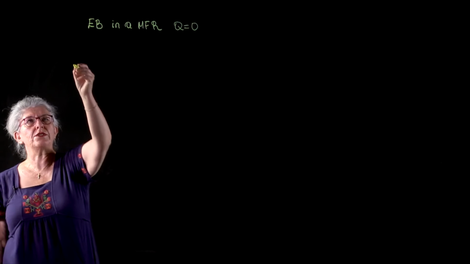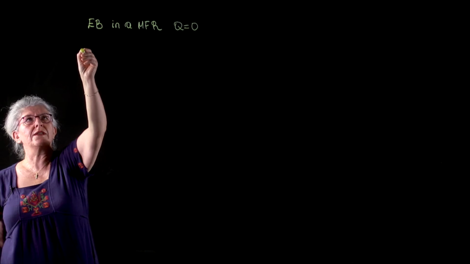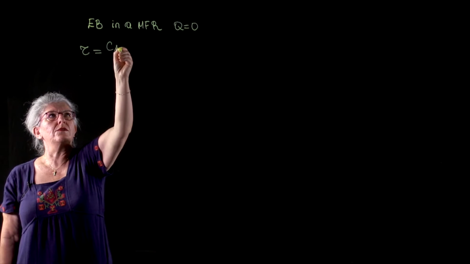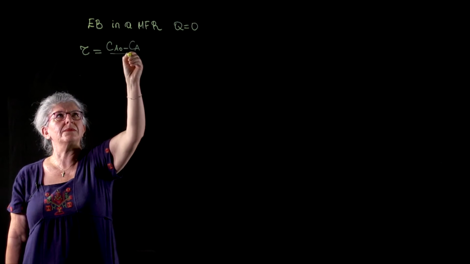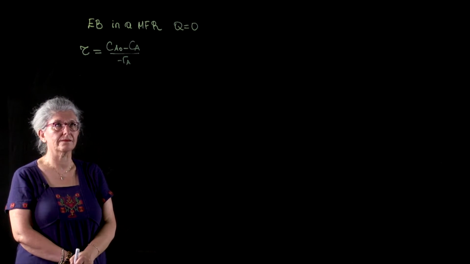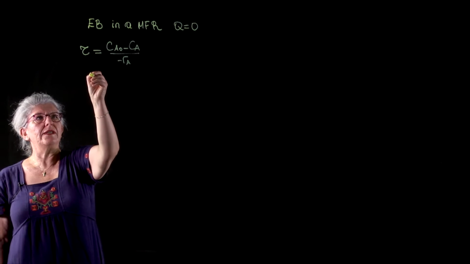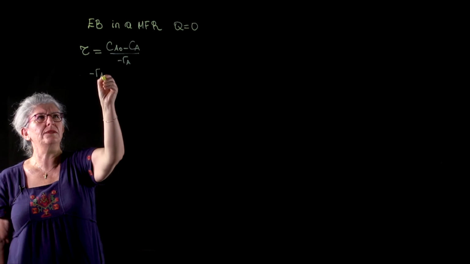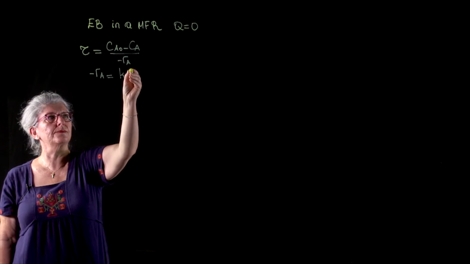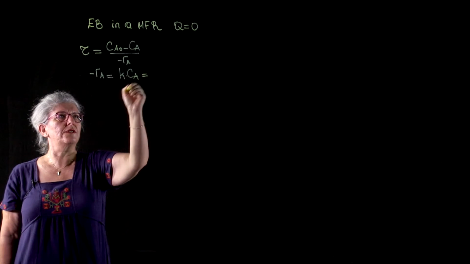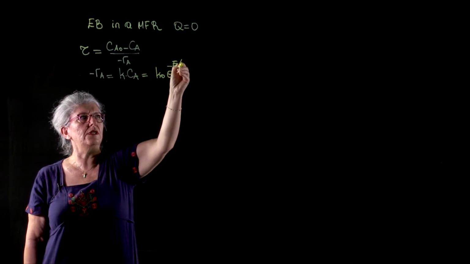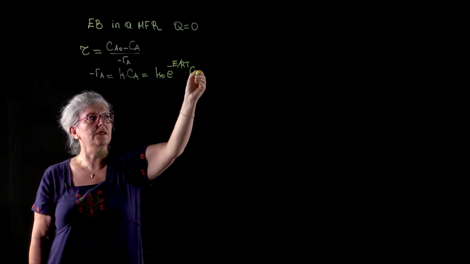The species conservation equation for a mixed flow reactor was derived as tau is equal to Ca0 minus Ca divided by R sub A, with a minus in front. And for a first order reaction, if R sub A is equal to K times Ca, or is equal to K0 e to the minus E over R T times Ca,